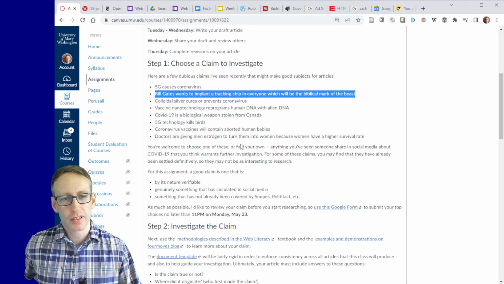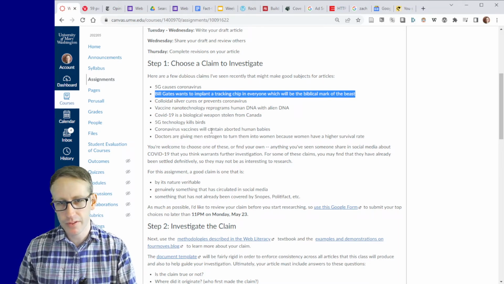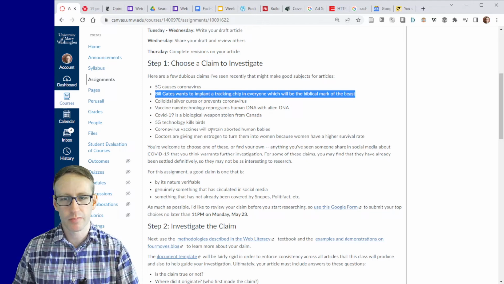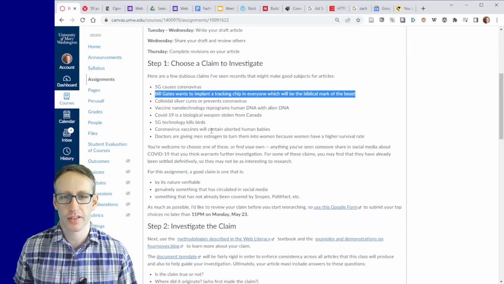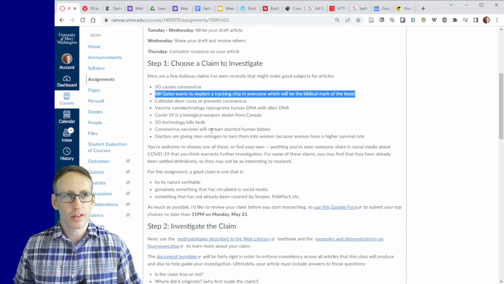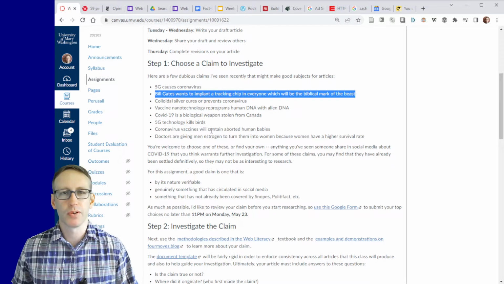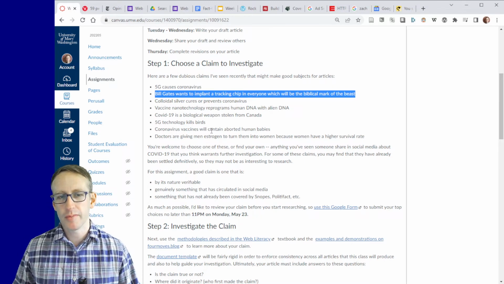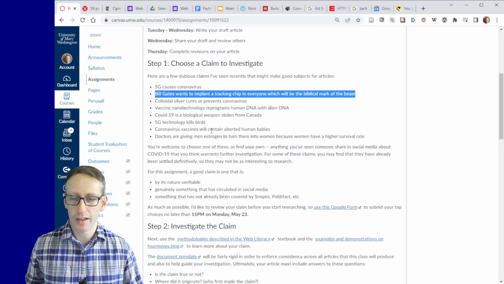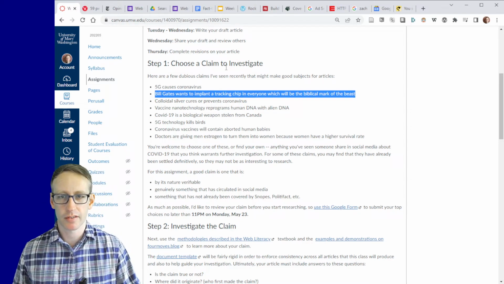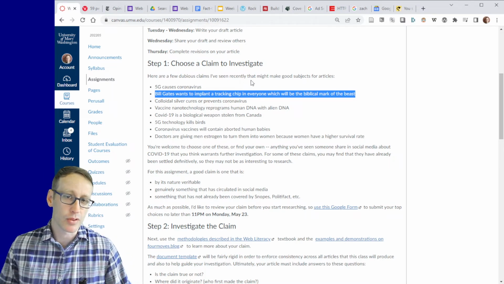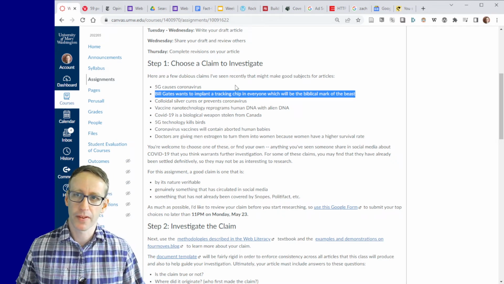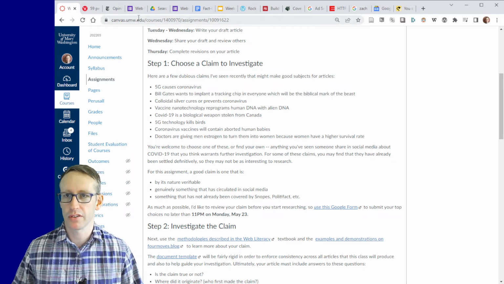Most of these are kind of COVID-19 oriented claims. You don't have to choose something COVID-19 related. It's just that that's sort of the main thing that people have been confused about for the past 2 or 3 years. You may find something more urgent, more interesting, something more current. Totally fine. I want you to find something that is ideally something that you've actually seen out there, and even better if it's something that you think is important to correct the record about. So please feel free to research that.